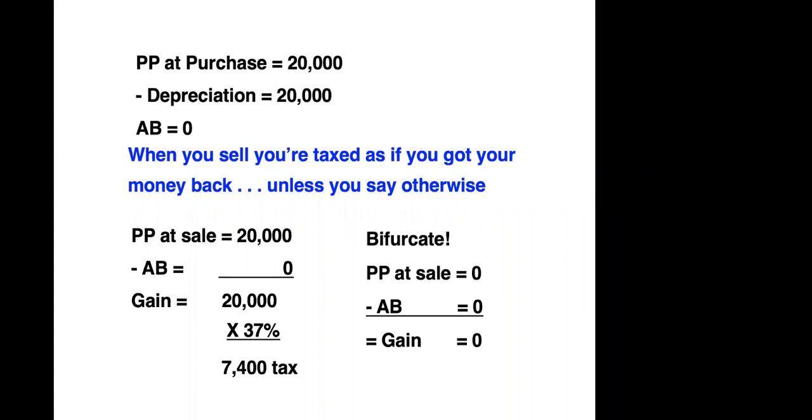What are you, the buyer, going to say to that if you know how this works? You're going to say, no. You want the land to be what? As low as possible, because you, the buyer, cannot depreciate it. The seller wants the land to be high. The buyer wants the land to be low. What's the IRS say? You guys fight it out, because we're going to get our money from the loser. And if you've ever sold a rental property, or a business for that matter, without bifurcating the agreement, then you paid more tax than you have to pay.